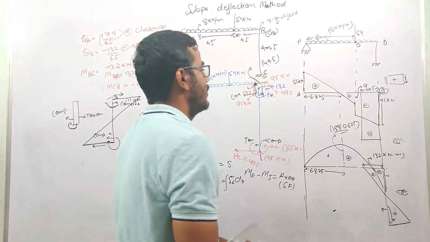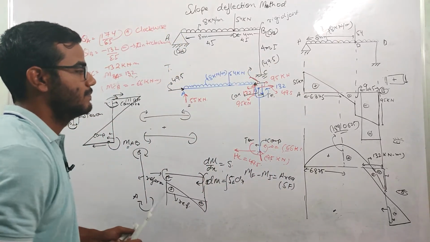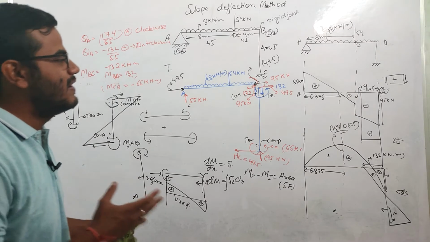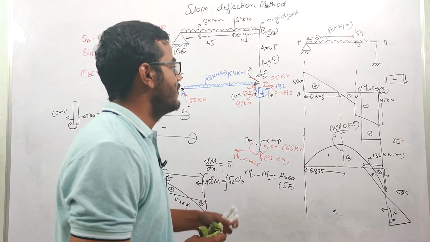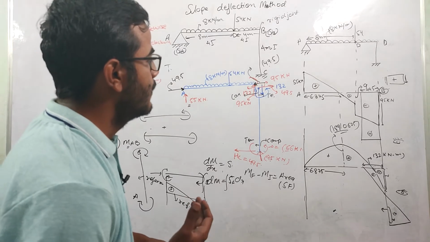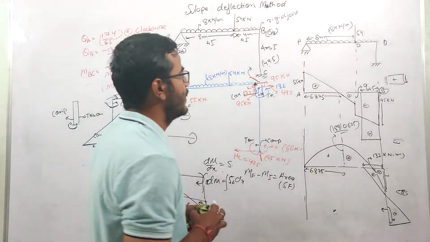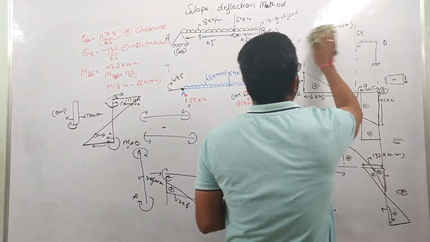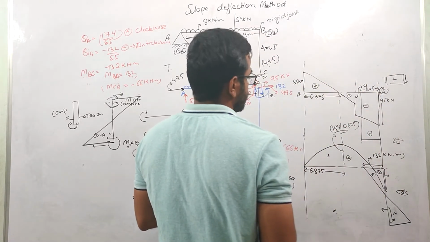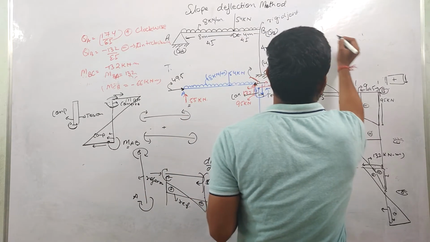Now we need to draw what will be the deflection diagram for this beam. Guys, we'll see some different examples also where we'll be drawing the shear force diagram and the bending moment diagram for these vertical frame members. In there things will be more clear, right? So now let us draw this deflection curve.